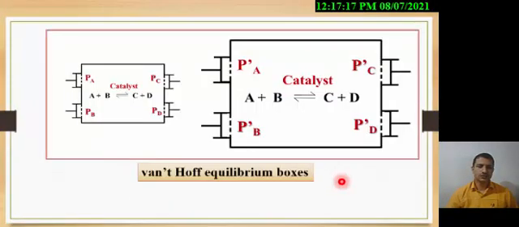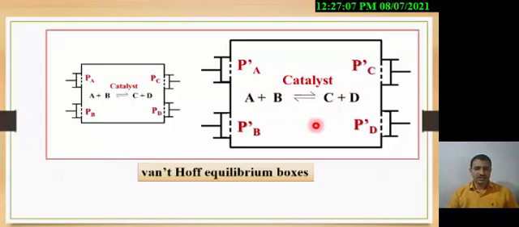Now we are going to prove the law of mass action. Let us consider two hypothetical equilibrium boxes or vessels of different volumes, as shown in the figure here. The volume of each vessel is assumed to be so large that the removal of small quantities of the component or substance does not change the composition of the vessel, and each box is kept at a constant temperature containing the reactants and the products